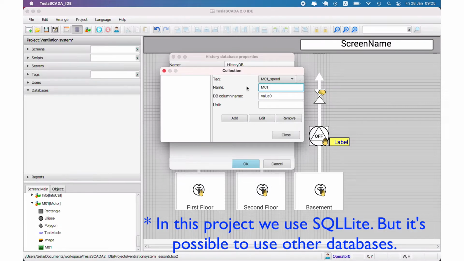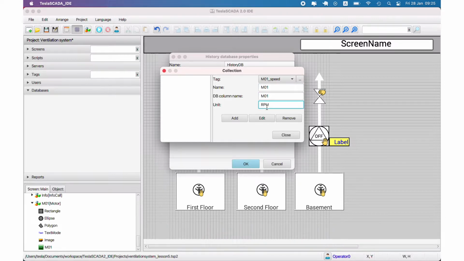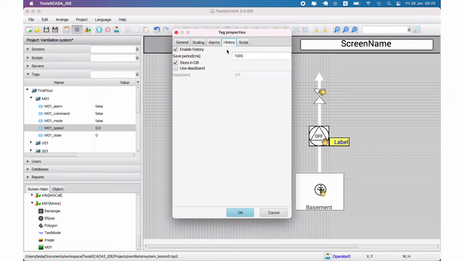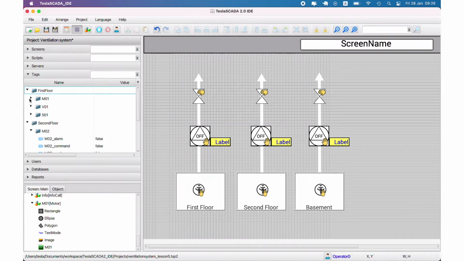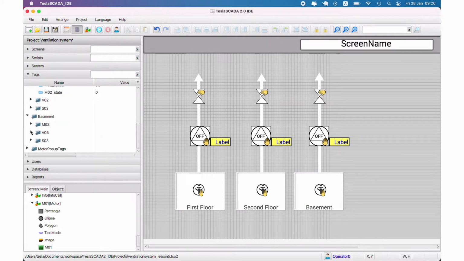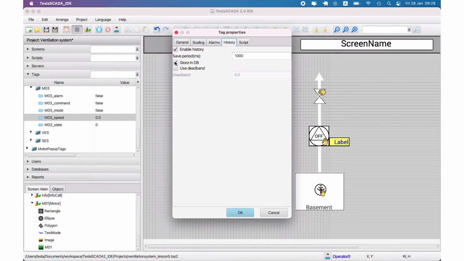We will store our history information that we set up for text. In our case, we will store history information for the speed of our motors. We add this text into the history database, and this history information will be stored periodically with a period of 10 seconds. If we don't want to store it in the general database, we have to uncheck the store in DB